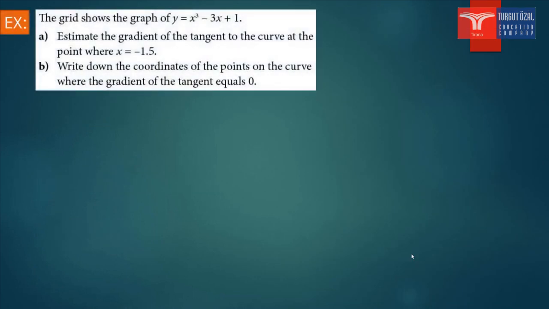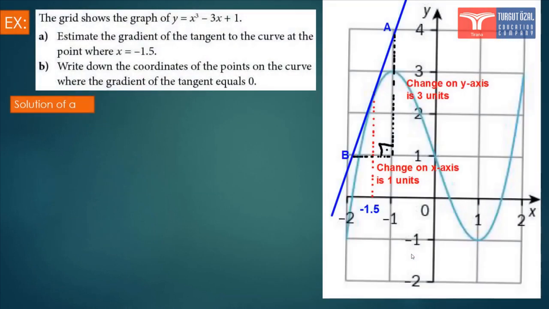Let's go to another question. As we see here, the grid shows the graph of y is equal to x cubed minus 3x plus 1. This is a cubic equation or cubic function. Then it wants us to estimate the gradient of the tangent to the curve at the point where x is equal to minus 1.5. First step is just find the point (-1.5, -1.5)